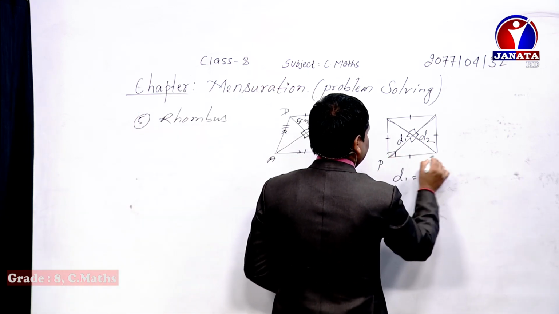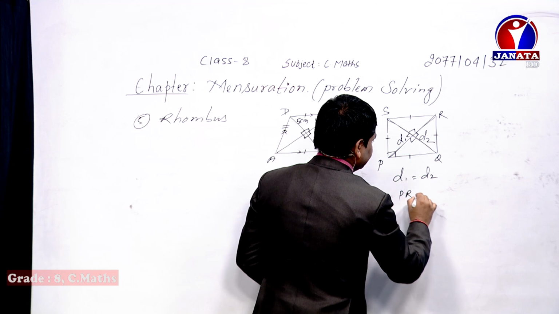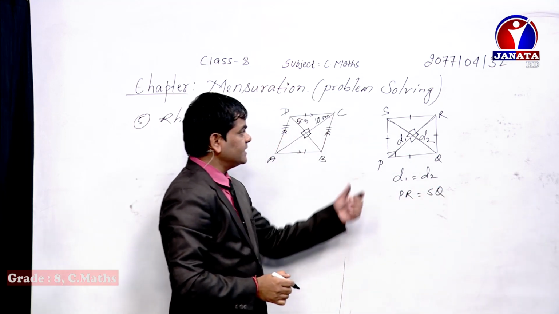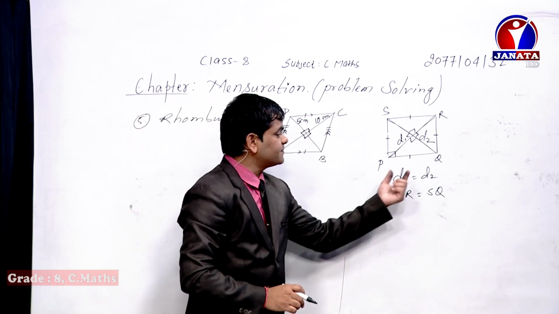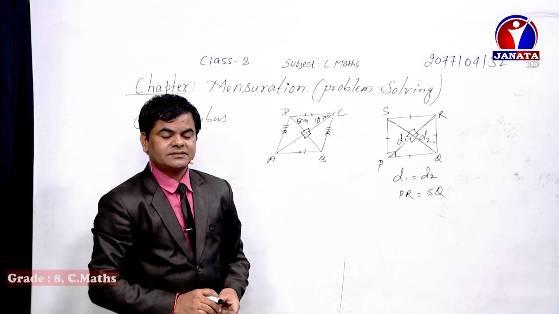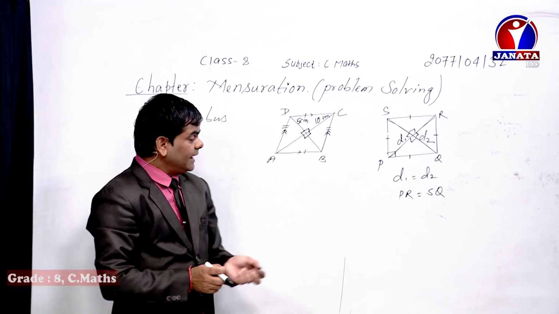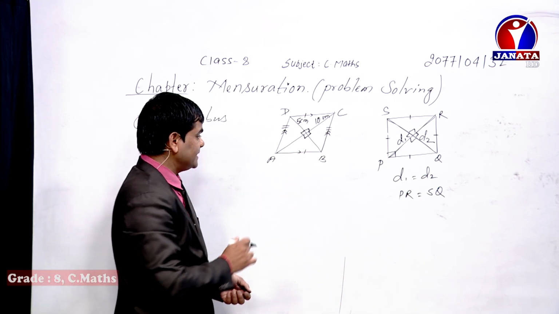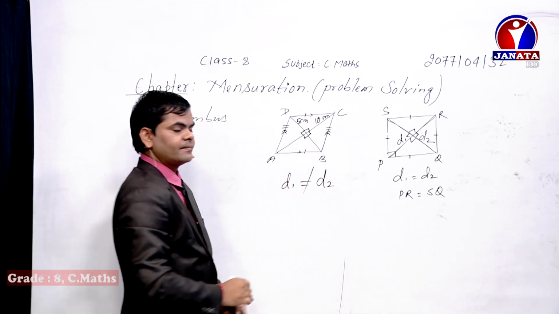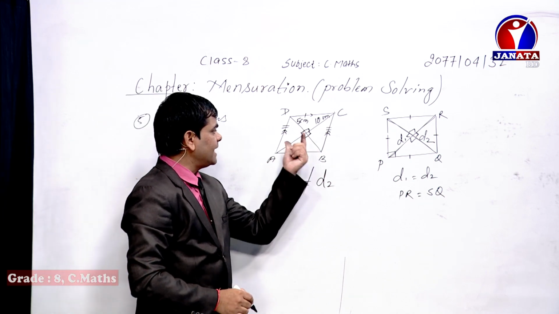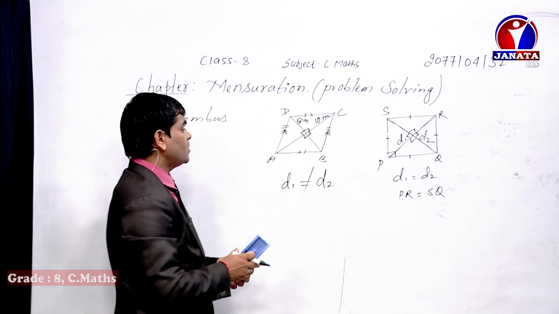Let's say PQRS is a square. Then PR becomes equal to SQ. It means the diagonals in this figure, PR and SQ, become equal to each other, and this property is found in rectangle as well, okay. The diagonals of a rectangle are equal to each other, but not in case of a general parallelogram and not in case of rhombus as well. That means diagonal first and diagonal second are not equal to each other. That means the lengths of AC and BD are not equal to each other in case of rhombus. These are the properties of rhombus and square.